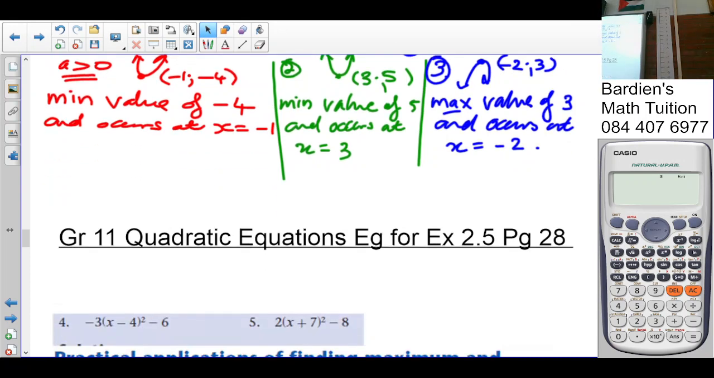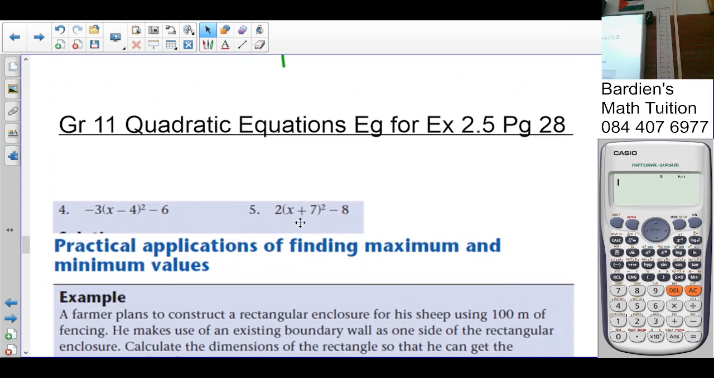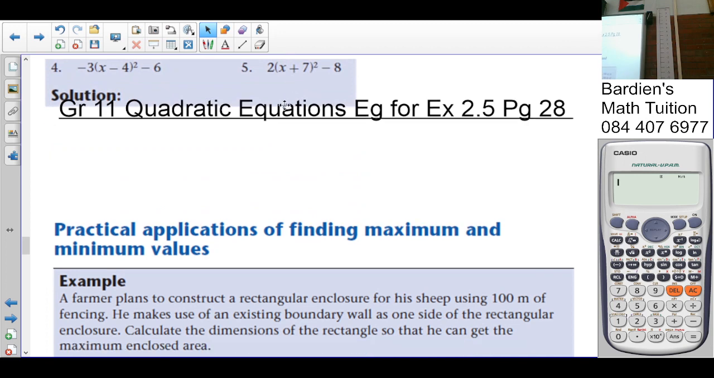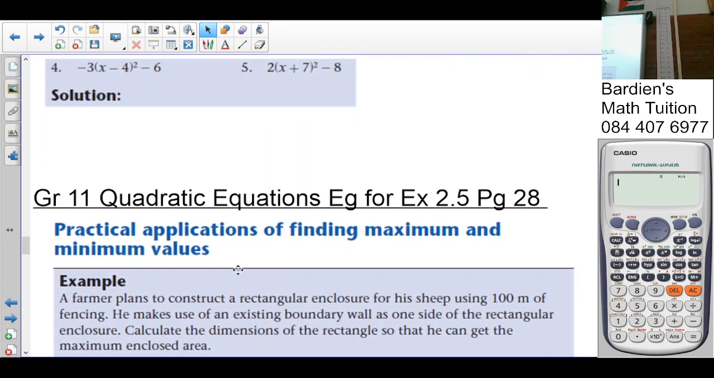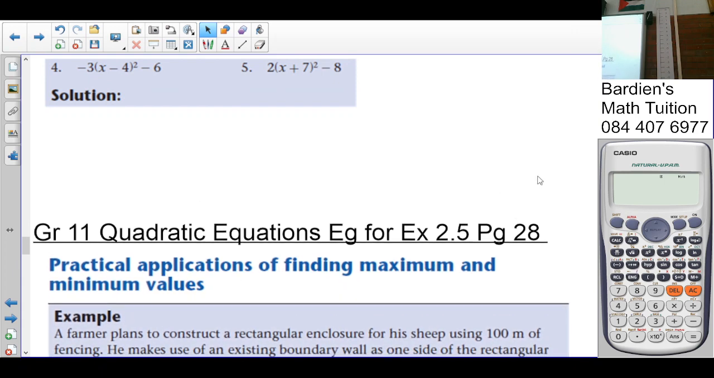Let's carry on here. Let's look at number 4. Okay. Number 4. Does the graph have a maximum or minimum? Maximum. Why? Because it's negative. What's the coordinates of this? 4 and